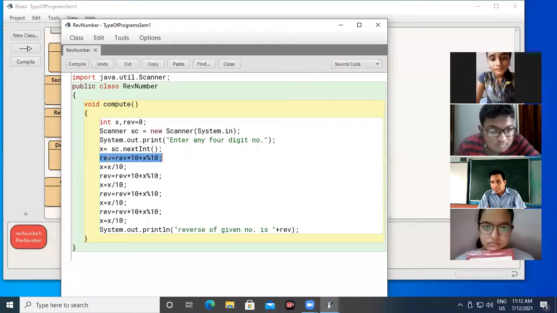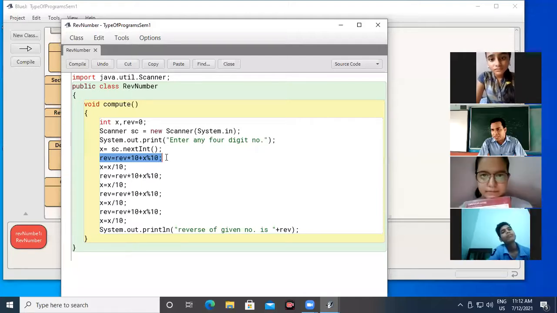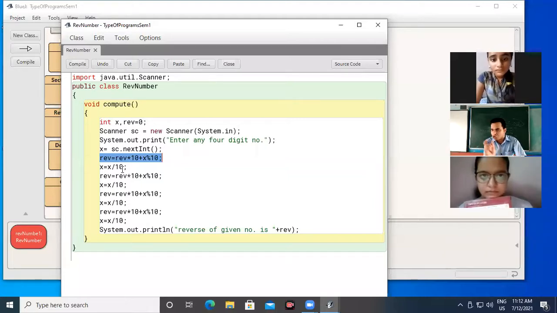Suppose the user enters 4321, then the value of REV is 1. After that 4321 divided by 10 is 432.1. The 0.1 will be sliced out because x is an integer. So 432 is the final value of x.